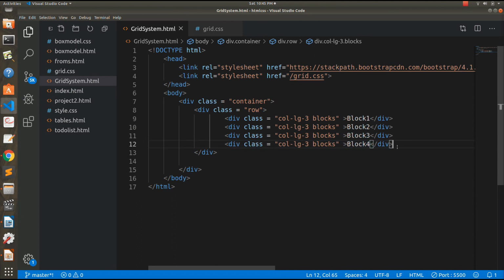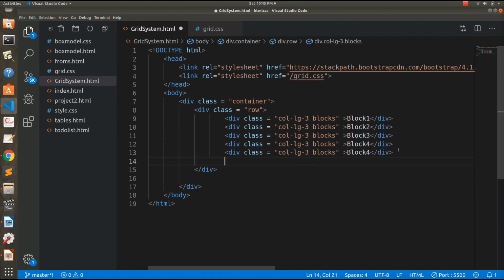Okay, so for example, if I copy this and paste this here, what I am doing is including one more block, but I have to change the size here. Let us include one more block for simplicity. Okay, so all these numbers sum to about 18, but we don't want that because we know that the parent layout is divided into 12 equal parts. So we can give them here a size of 2.